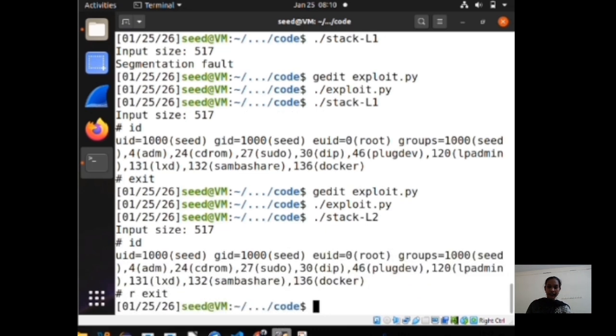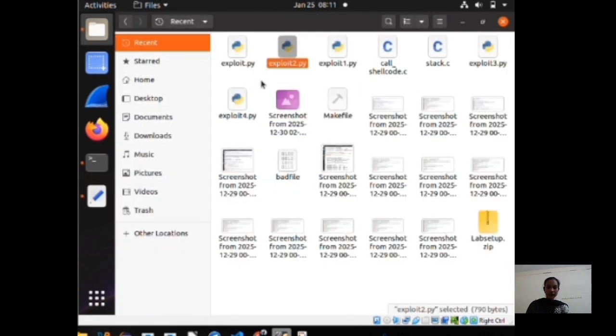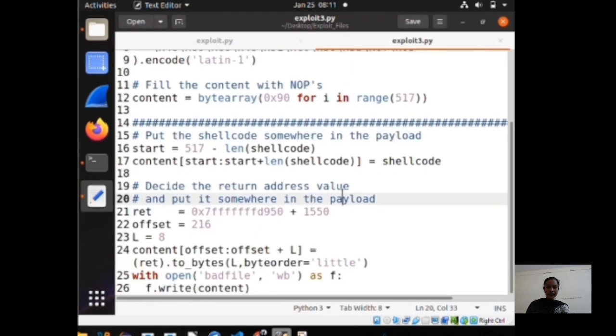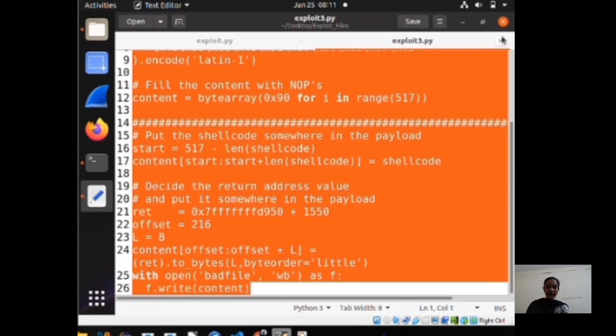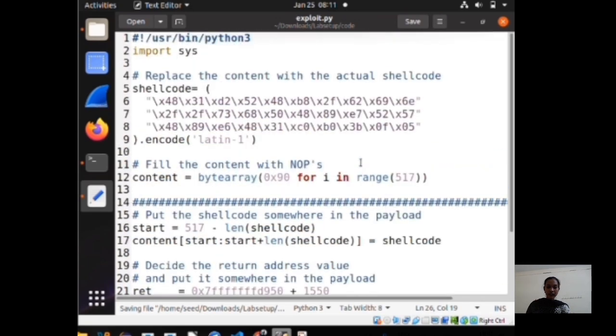For level 3, the primary goal is to overcome the null byte constraint of 64 bytes. For levels 1 and 2, we mostly used 32 bytes; now we will use 64 bytes. So using the same method, we can replace the 32-byte shell code with the 64-byte shell code. The start point would be